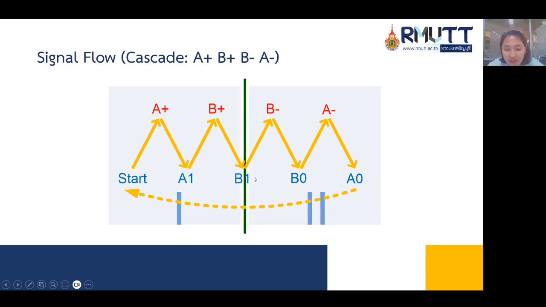Then after cylinder B reaches limit switch B1, cylinder B goes backward, or B minus.